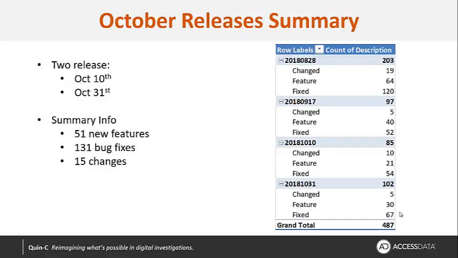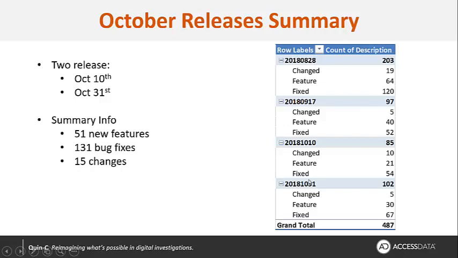So we've had two releases in October, an October 10th release, and now again this end of October release. Between them, they represent 51 new features, 131 bug fixes, and 15 changes. Changes are generally stylistic things of non-material significance. And you can see I've put down here a summary of all the information,